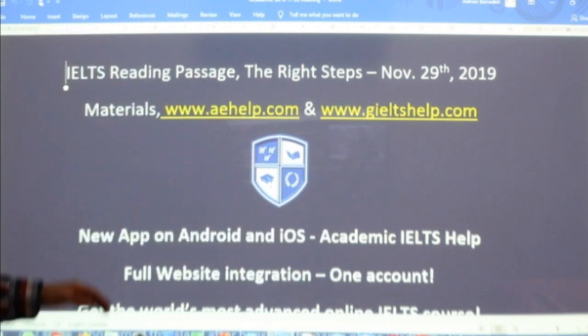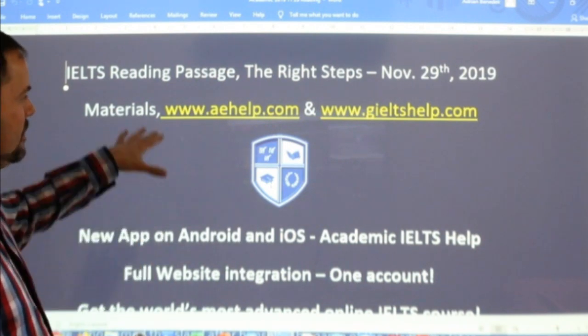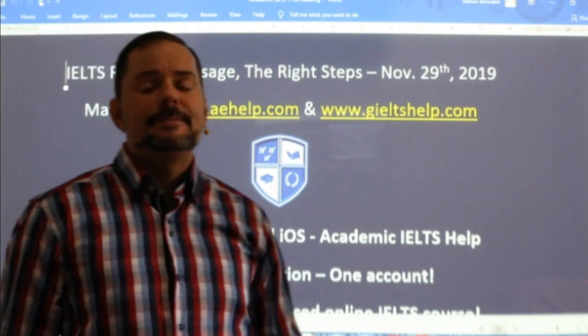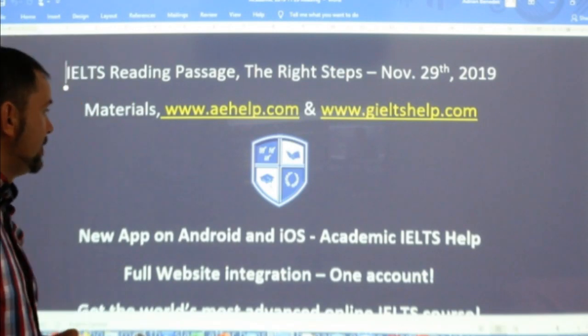In this class, we are focusing on the IELTS reading section. This is taken from the academic version of the exam. However, for those students who are getting ready for the general exam, section 3 is very similar to the reading section of the academic. So hang in there.